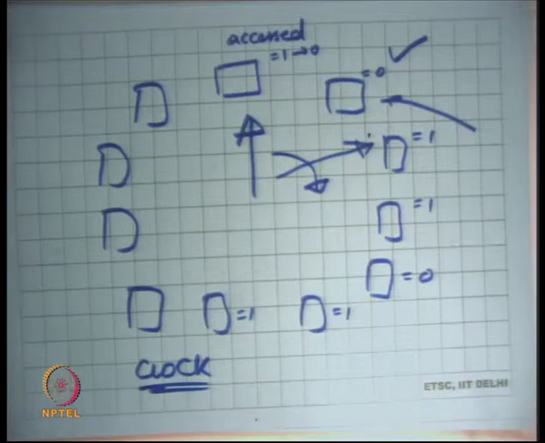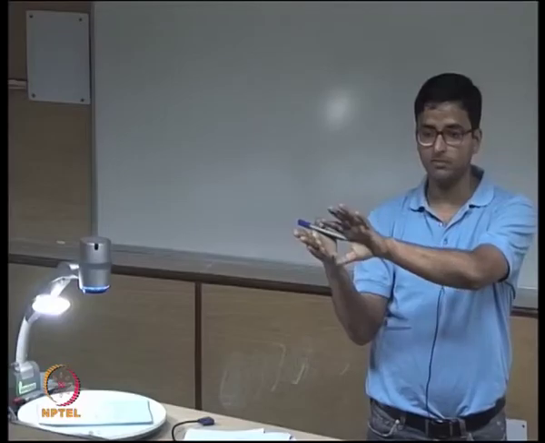The clock hand just sweeps through all the pages. The algorithm is, if it finds a page that has bit equal to 1, it marks it to 0 and skips it. If it finds a page that has bit equal to 0, it replaces it, and it puts the new page at that position, and the clock hand just points to the next page after that. So it's pushed at the tail of the queue in some sense.